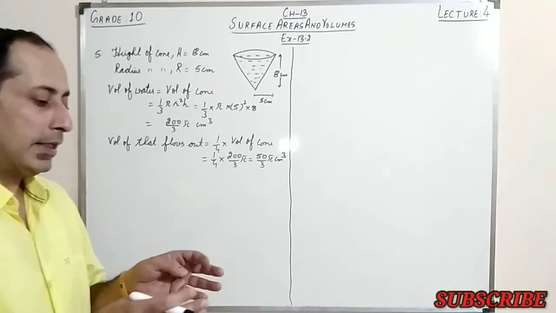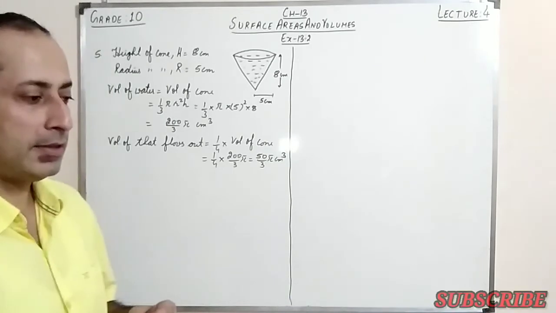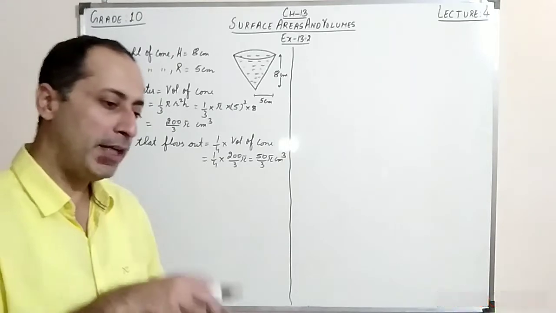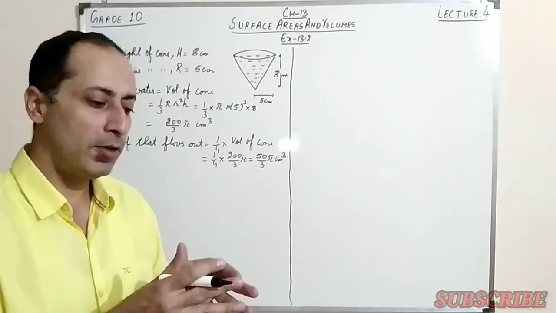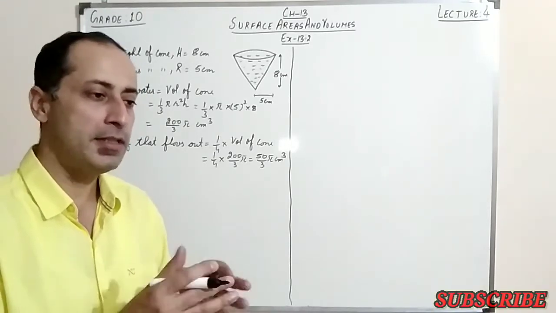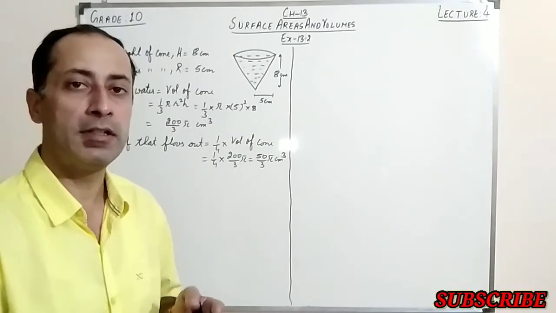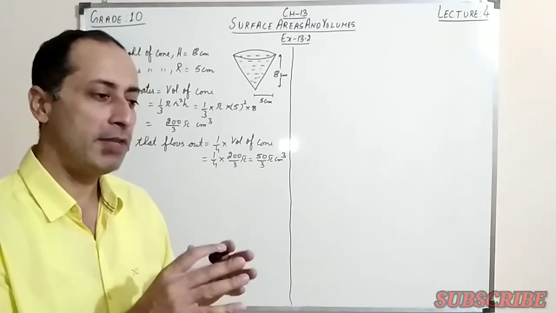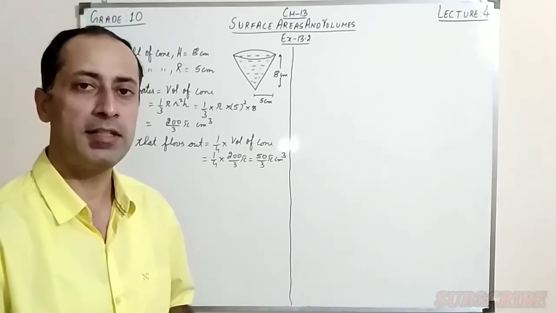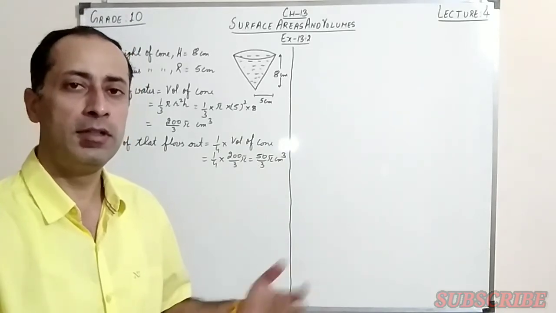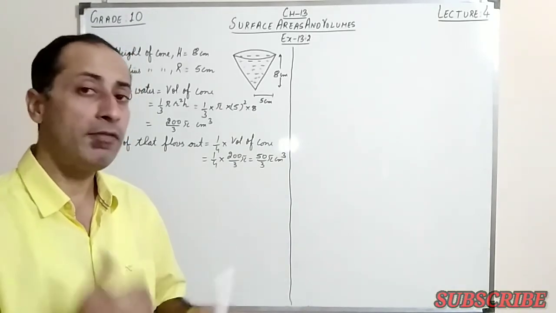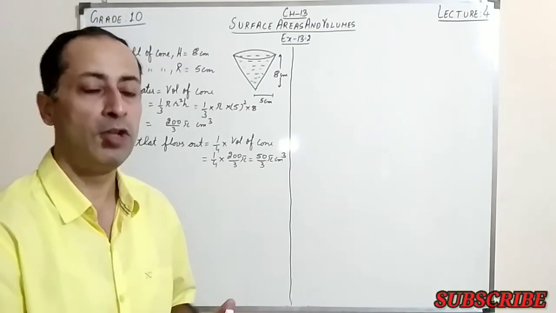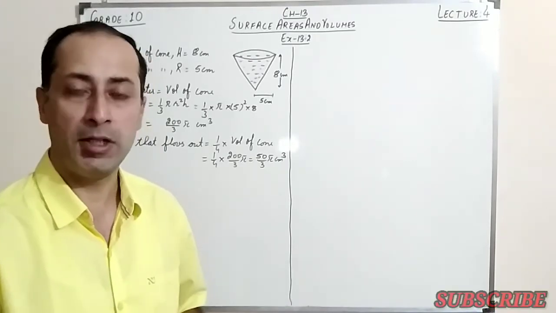Now when you learn physics in grade 9, you learn about Archimedes principle also, that when you drop any object inside the water, the volume of that object is equal to the volume of the liquid displaced. Here we are pouring lead shots inside it. So the actual volume of all the lead shots is equal to the volume of water flown out, right? So we have to find the number. If suppose I have 10 lead shots, I multiply the 10 with the volume of one lead shot and I get the total volume of all the lead shots.